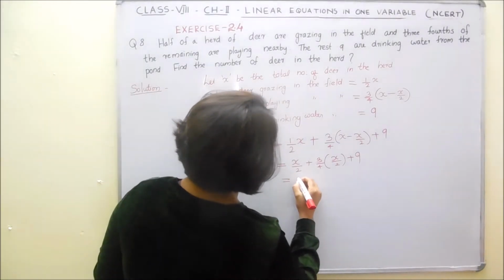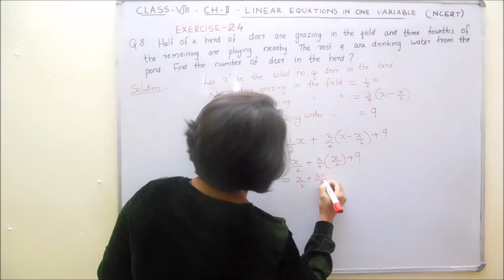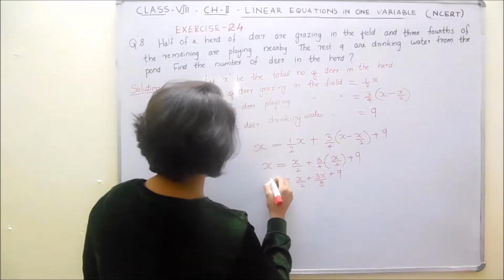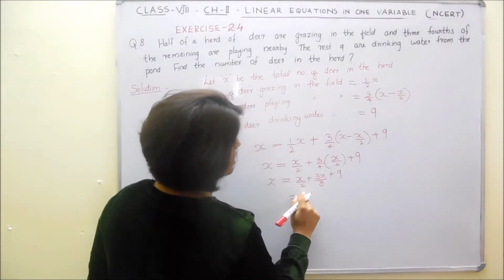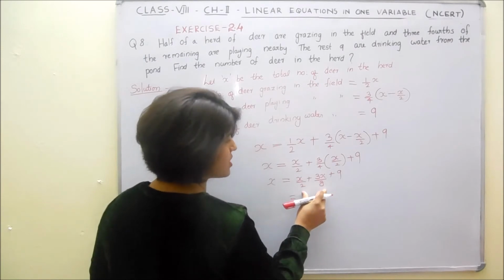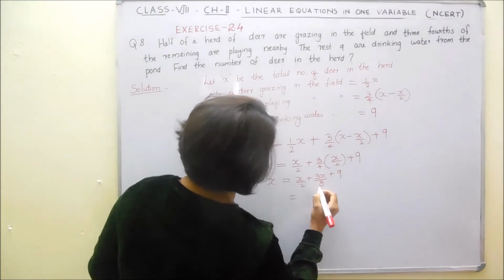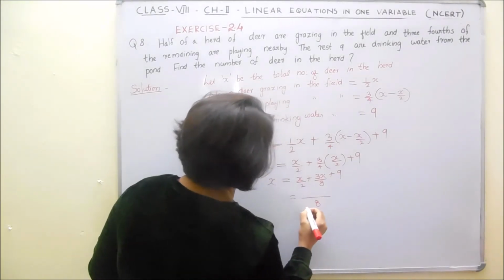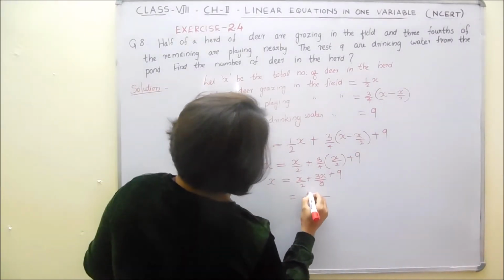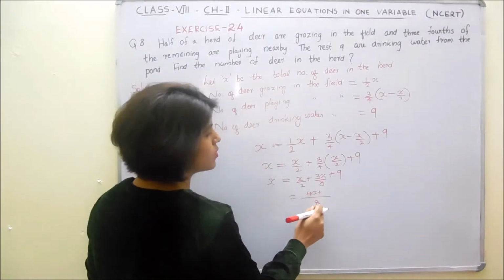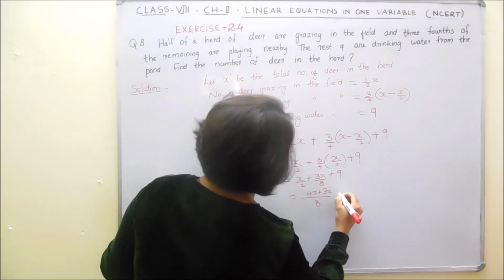Again we can solve it as x by 2 plus 3x by 8 plus 9, right? Yes. Now here you can see that in both the rational numbers the denominators are different, so we have to take the LCM. LCM of 2 and 8 is 8 itself. In 8, 2 goes 4 times, therefore 4 into x is 4x, plus 8 goes in 8 one time, 1 into 3x is 3x itself, plus 9,